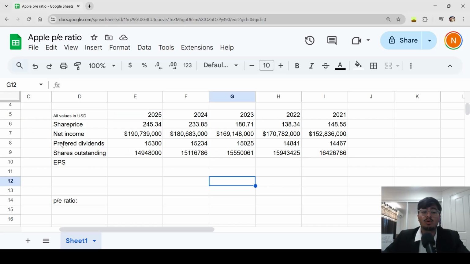Last episode I showed you why the PE ratio is important. But what's the point of knowing all the theory if you can't use it in practice, right? Well, in this episode, we'll be using Apple as a case study. And so over here I've collated a table where it gives you all the information that you actually need to